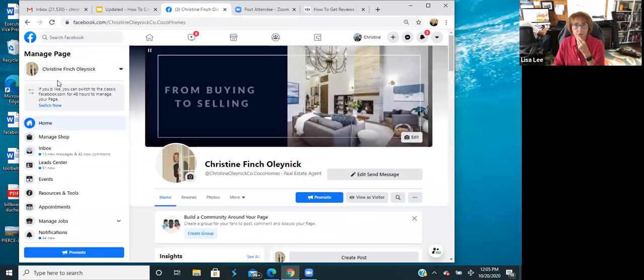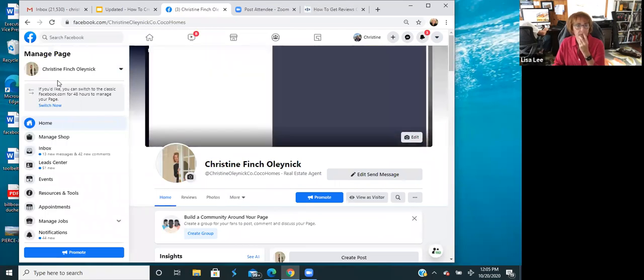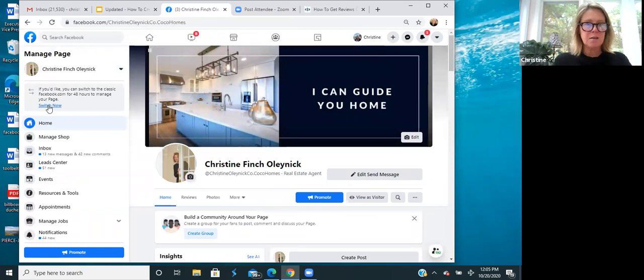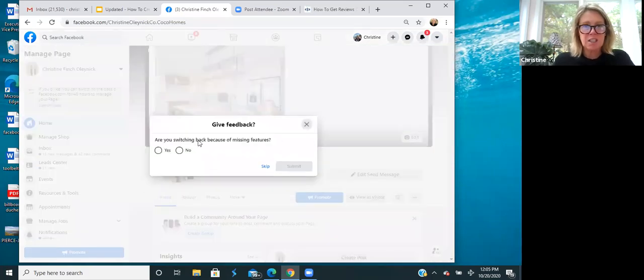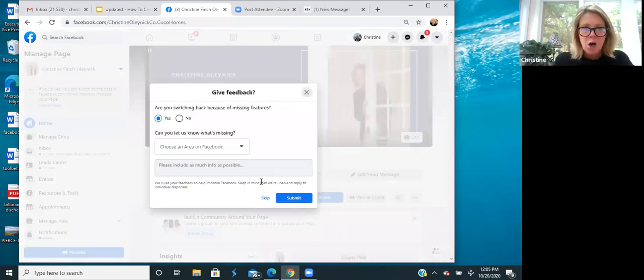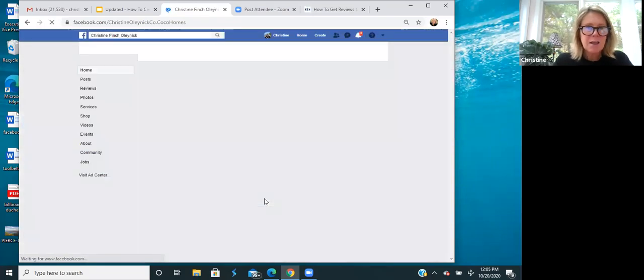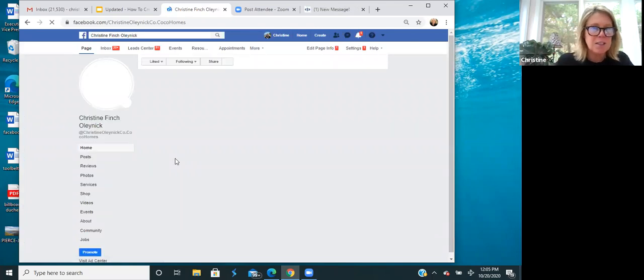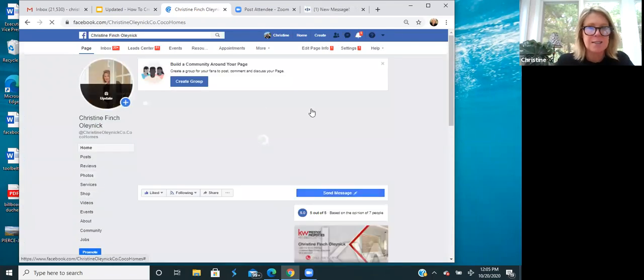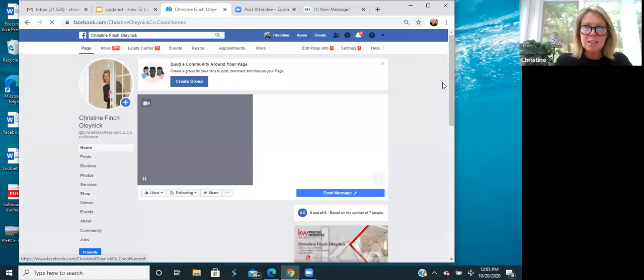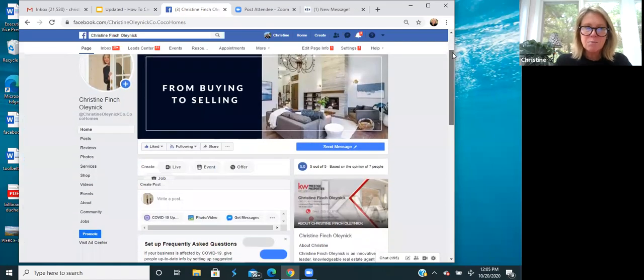It immediately goes to edit page info, settings, and help. Okay, I'm going to toggle and see if maybe it's the different version. I can't remember now which is classic and which isn't. Okay, now I just went back to classic. Are you seeing something that looks like this?